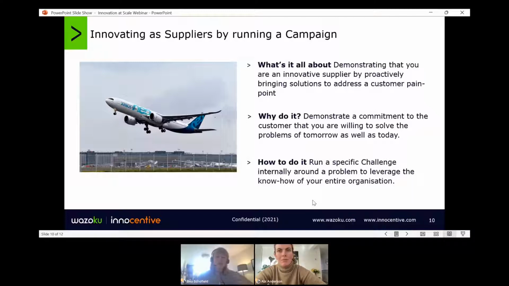You're using your crowd to solve customer problems continuously on a process improvement or incremental basis, but also able to respond to your customers' greatest challenges and leverage the experience of your internal teams to be able to do that.